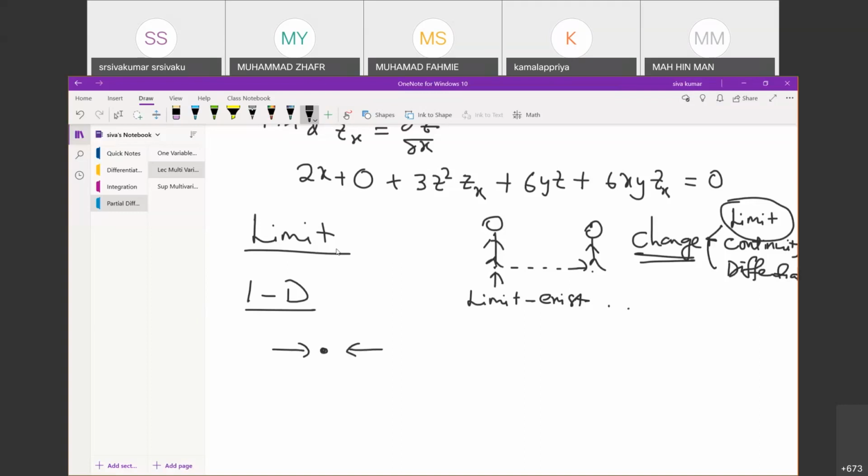Therefore, when I see from here and from this side, I should be able to confirm this is the correct object. This is the object that I'm seeing, maybe I call it object A. And he also should claim this is A, and this guy also must claim this is A. If this guy says A and this guy says B, it cannot be. This object does not exist. This is what we call a limit.